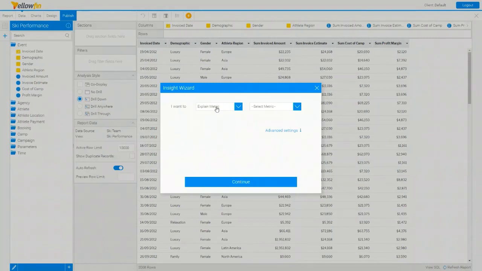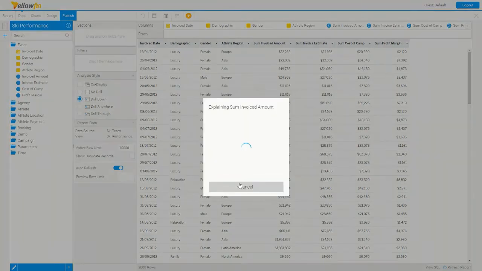So here I can tell Yellowfin that I would like to explain a metric, compare metrics. I can even compare dates and dimensions. In this case, let's explain a metric. Then we select the metric that we would like to explain. Let's make it the invoiced amount metric, and I can now click on continue. So again, Yellowfin will run those algorithms on my data and try and